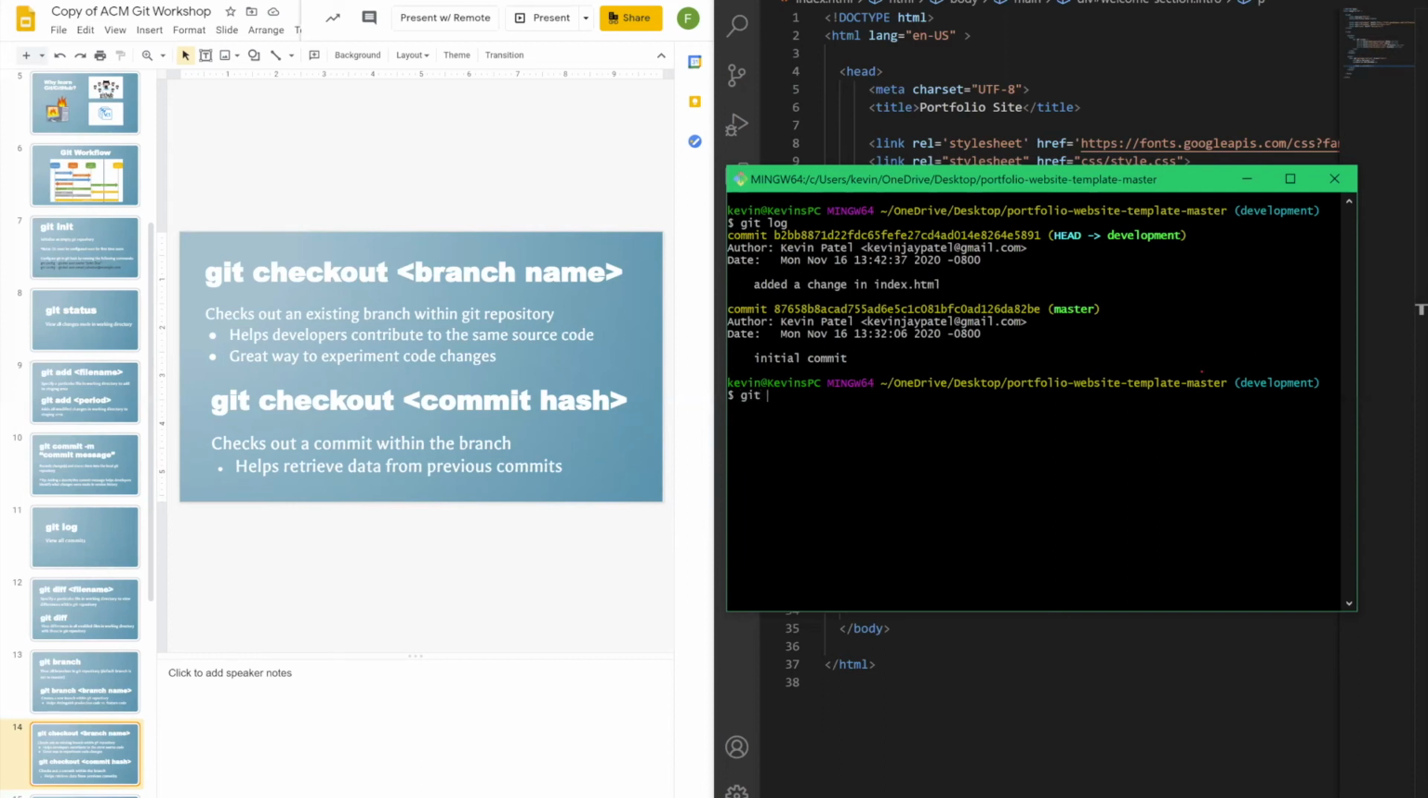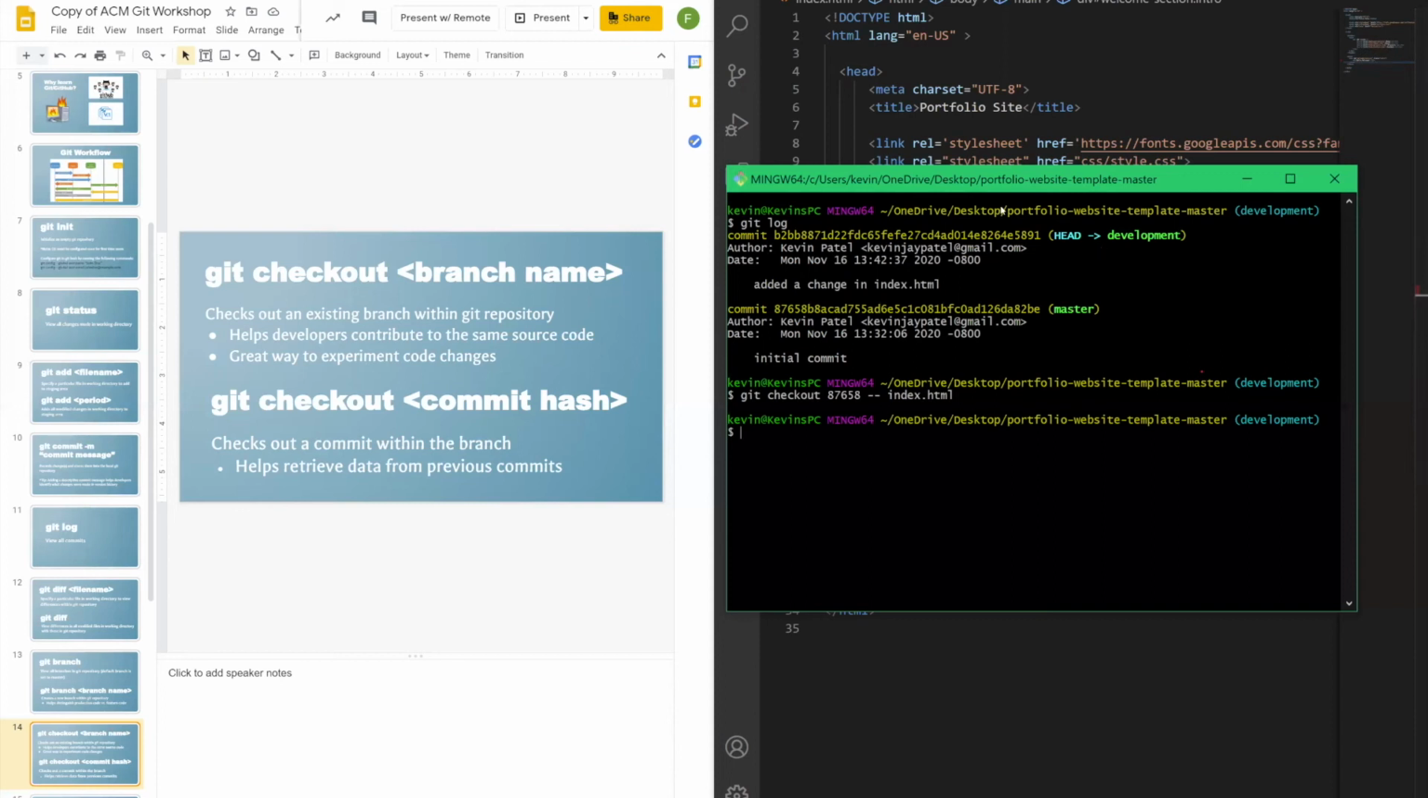So for example, if we want to go back to the initial commit, we just run git checkout and then the hash code, which is 87658. And I'm not going to finish everything else because it's really long. Then we'll do dash dash, since we're trying to retrieve the previous version of the index.html file, we specify that. So we say index.html. Okay, and now when we look at our